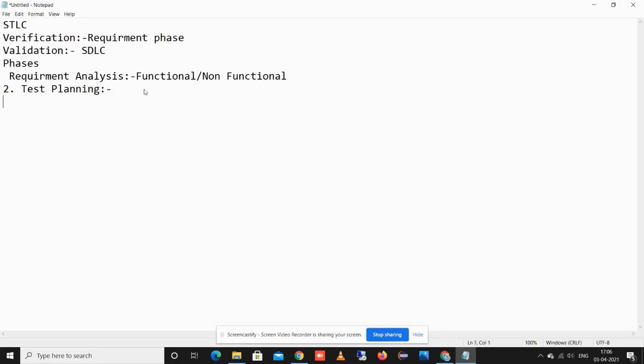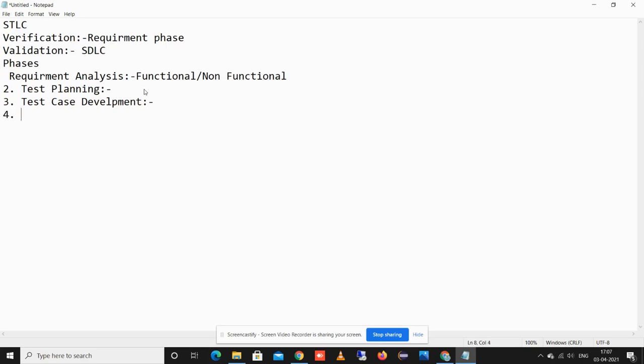And the next phase is test case development. After test planning, we develop the test cases on the basis of the test plan, so test cases and test scripts are ready. For example, if I'm going to test the login functionality, there can be test cases for positive and negative scenarios. For the positive scenario, we enter the email ID and password and log in to see what happens. For the negative, we enter wrong details and test those scenarios. These come under test case development.